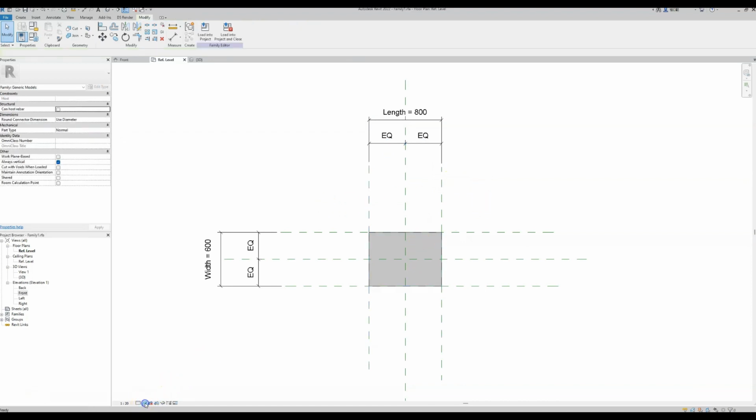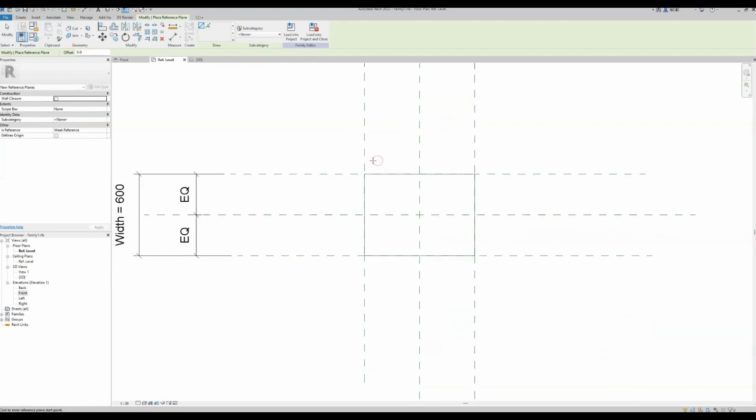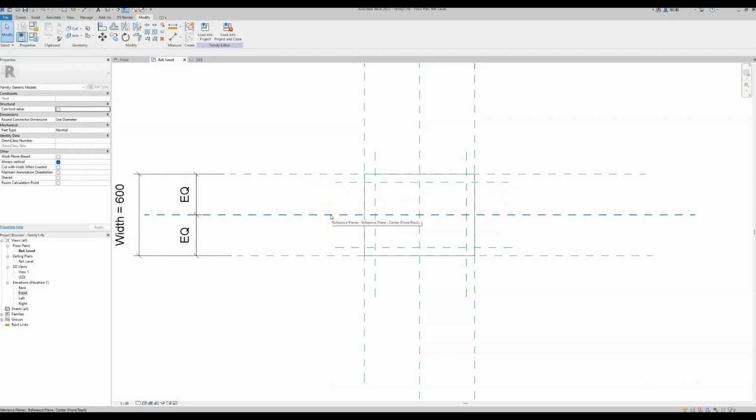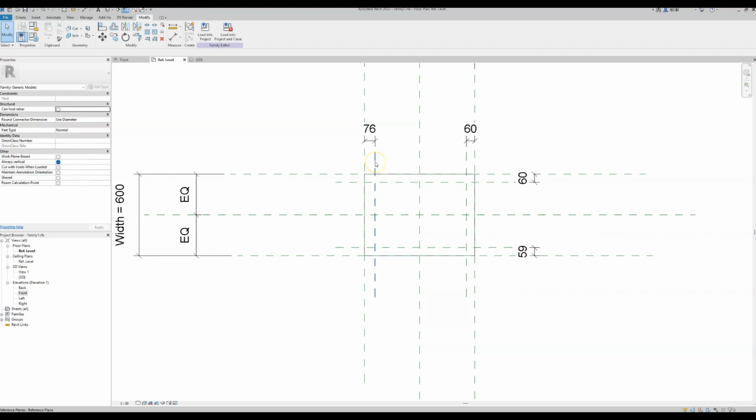Moving on, we now need to create our table legs, and to do that we need to add 4 more reference planes, and those will be our legs center lines, the center of the legs. Again, I'm placing them randomly, and then we will add dimensions and create those into parameters as well. So I'm adding dimensions for the center of each leg offset from the edge of the table. Okay, and